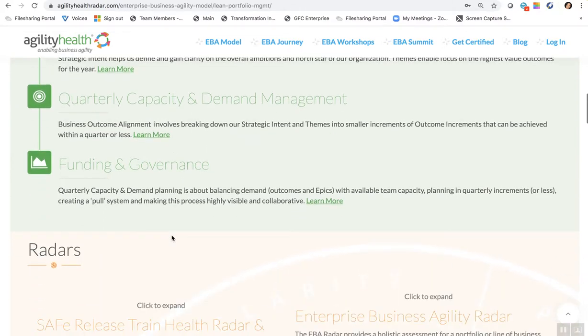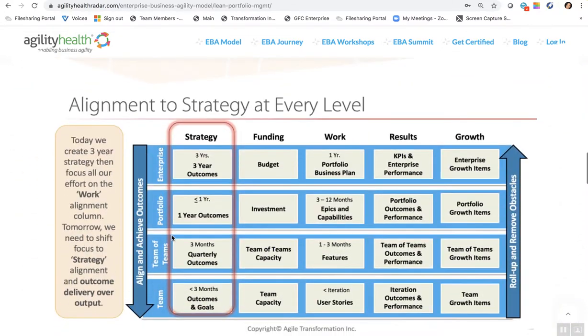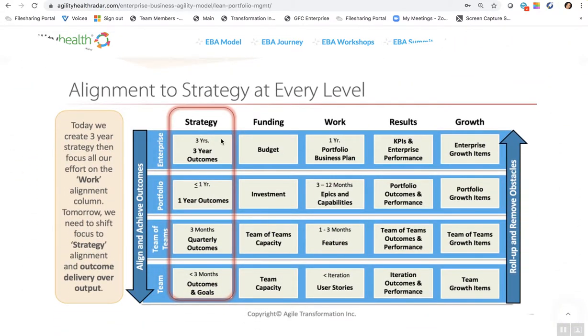Part of outcome-based planning is making sure that we're not just focusing on the work, which is the initiatives, the epics, and the features, and getting the work done, but we are actually focusing on the strategy and taking your 3-year outcomes and breaking them down into 1-year outcomes, and then breaking those down into quarterly outcomes so that you can really facilitate quarterly planning from an LPM perspective